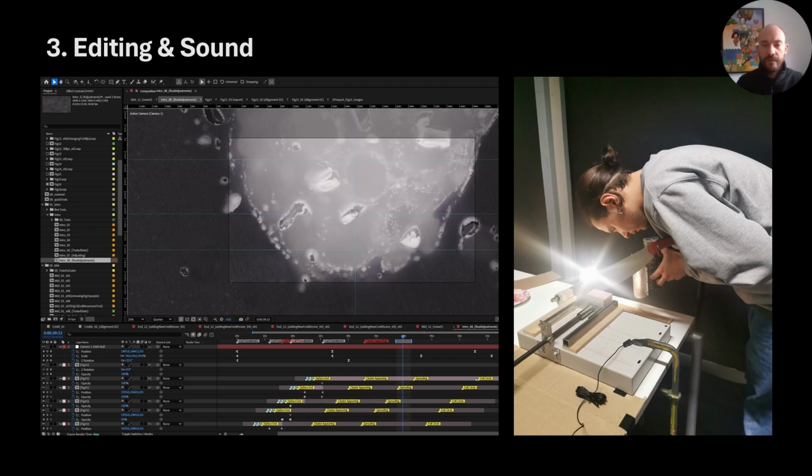For the sound, the sound and music was handled by my friend Giorgos, which you can see on the right side, where he is doing audio recordings of the cutting process. We had multiple conversations about how the film should sound, but for me it was essential that the film conveyed a focus on the material and that the viewers are drawn in by the music and that the visuals become almost tangible, which everything combined results in this